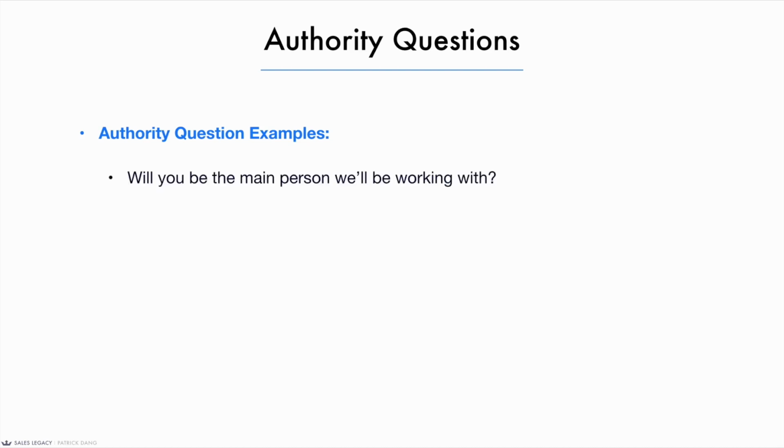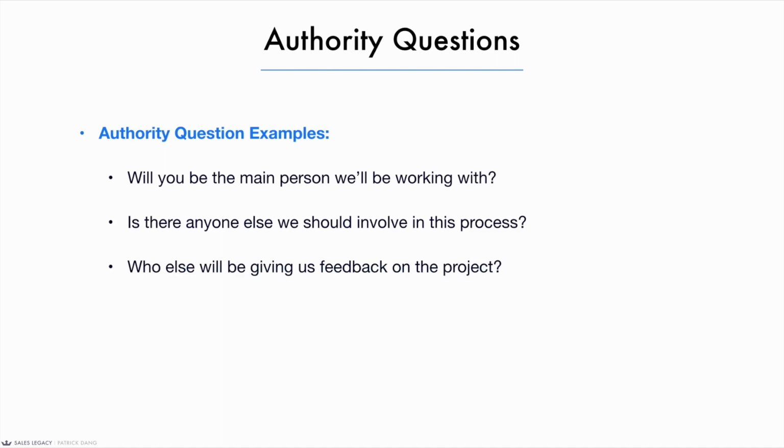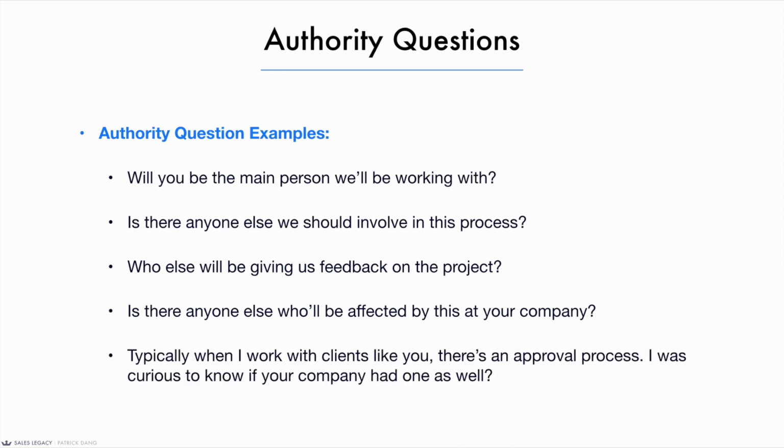So some more examples is, will you be the main person we'll be working with? They're going to say yes or no. If no, then who else? Is there anyone else we should involve in this process? Who else will be giving us feedback on this project? Is there anyone else who will be affected by this at your company? Typically, when I work with clients like you, there's an approval process. I was curious to know if your company had one as well. So all different examples on how you can figure out what the steps are for the other person to make